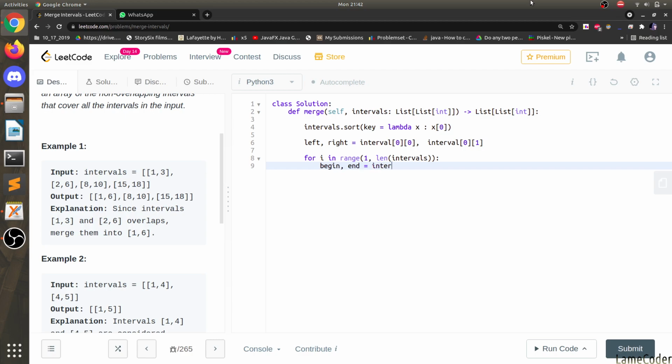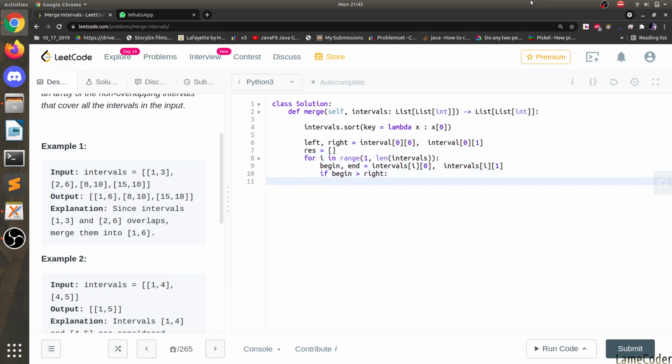So it will be intervals[i][0] again, copy and paste, and intervals[i][1]. So if begin is greater than right, if this happens at any time, because we have already sorted by the first index, then we already got our first interval as a result. So let's suppose result is equal to this one.